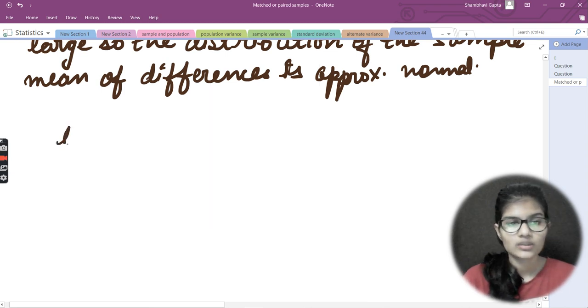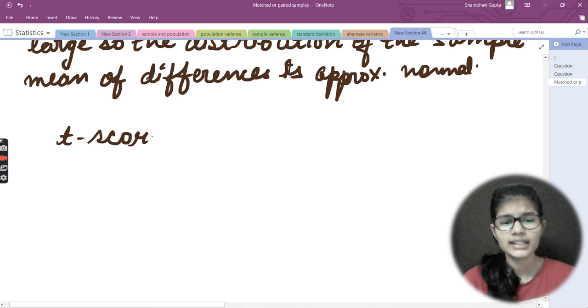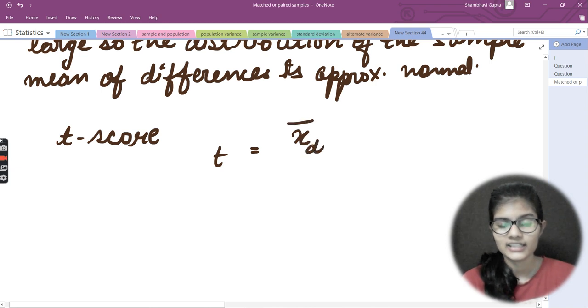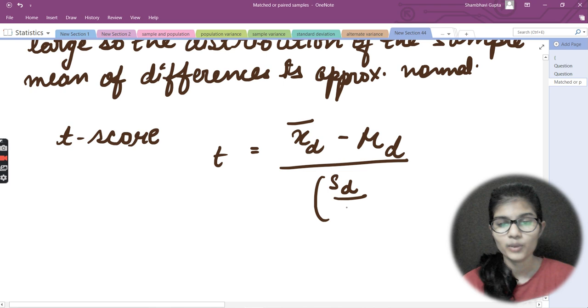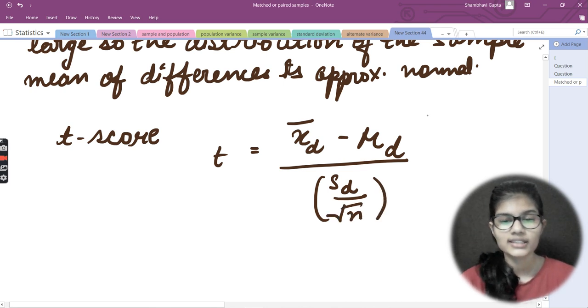So the t-score or the test statistic is t is equal to x bar d minus mu d divided by s d upon square root of n, right? So this is the formula which would be coming. What is this mu d? This mu d is the population mean for the difference. That mu d will be tested using the student's t-test, right? So this is the idea regarding matched